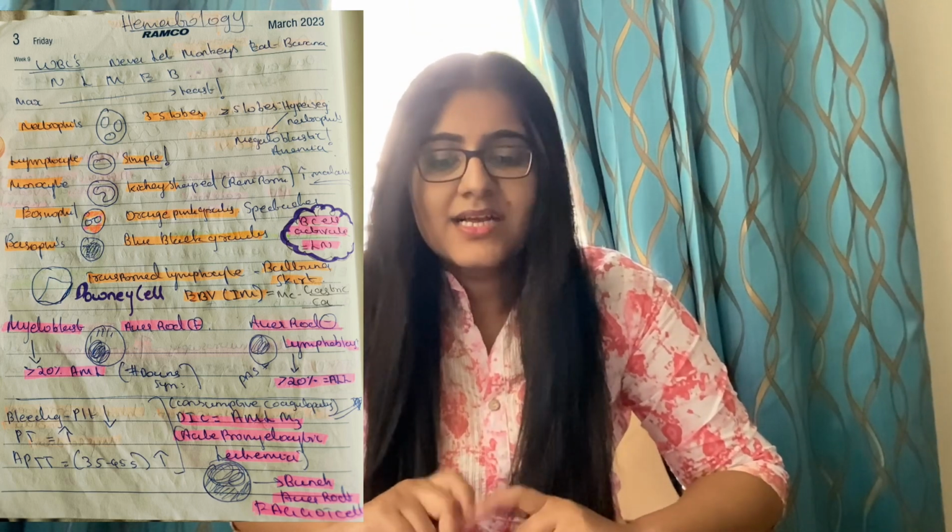Okay, so myeloblast will be having Auer rods, positive, and in lymphoblast Auer rods will not be there, negative. Okay, and in myeloblast if it's more than 20% we will call it AML, and also in lymphoblast if it's more than 20% we will call it ALL, right? Okay, very good. So in AML I want to tell you, it's an important case,